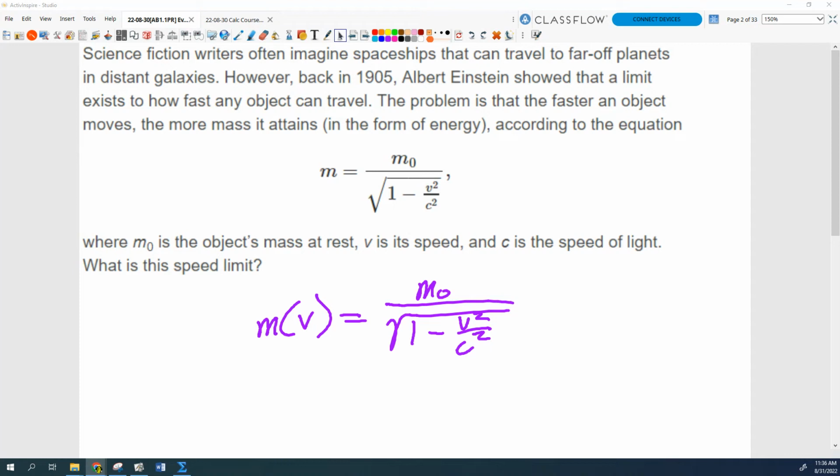All right, so we're going to talk limits today. Start talking about limits. Interesting, not a super difficult concept, very, very useful. So here's a little example that we'll come back to within a couple weeks and come to some resolution on this. But we always want to talk about traveling to far off planets and distant galaxies and so on and so forth. However, when you look at the way that,